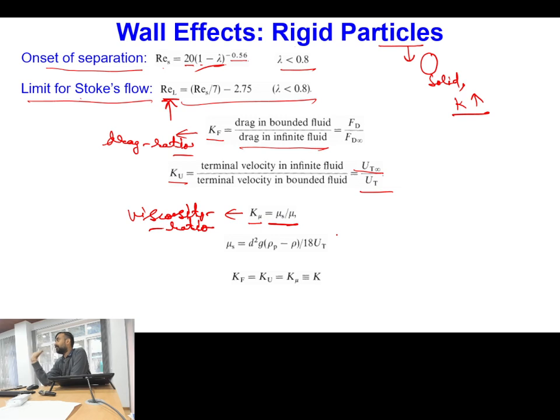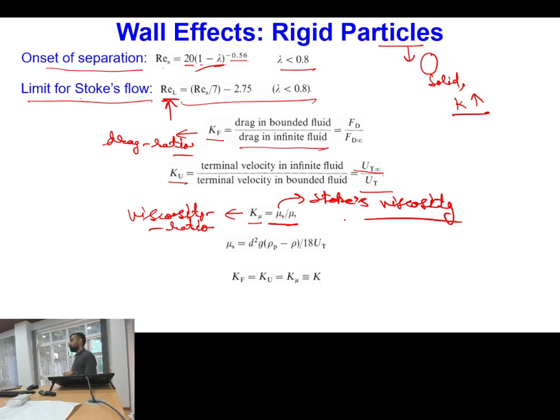So you have calculated the value of terminal velocity in bounded medium, and corresponding to the same terminal velocity, if you consider an unbounded scenario, and then keep changing the value of surrounding fluid viscosity, which will give you the same value of Stokes velocity, that viscosity we are calling Stokes viscosity. Okay, so this is called Stokes viscosity, and the ratio of Stokes viscosity by actual viscosity is called